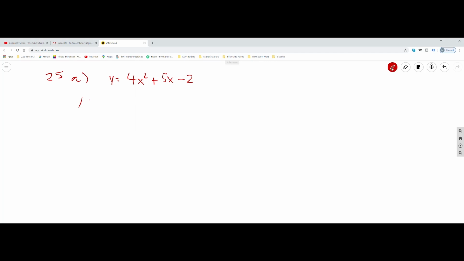Since we don't know the points and it tells us to use a as x, so we're going to do 4 times a plus h squared plus 5 times a plus h